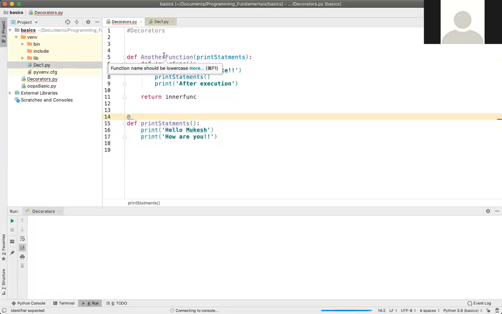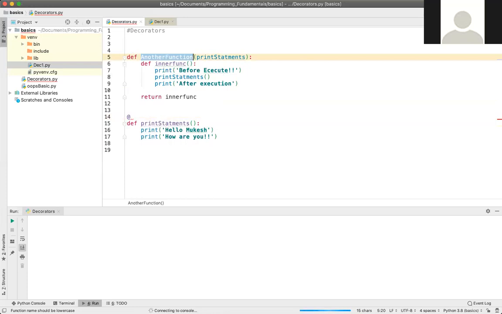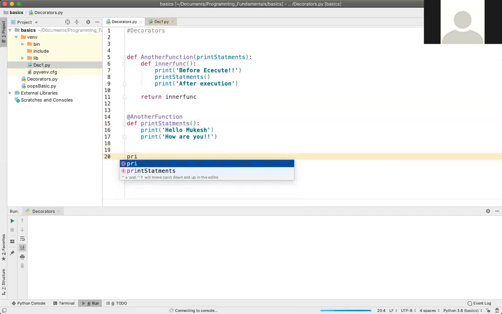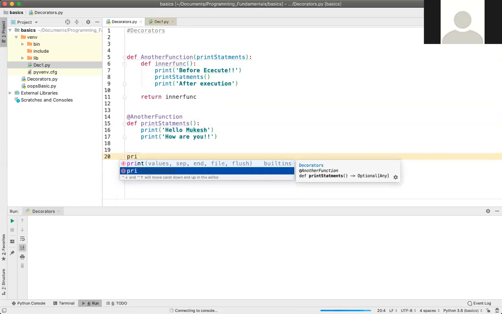So which function is doing the decoration? This another function. Now we have to provide the @ annotation and the function name which is enhancing the beauty of this print statement. Now for calling, we simply call print statements.